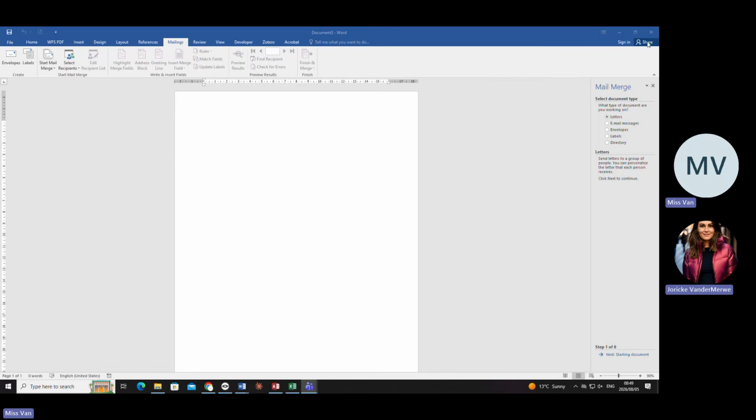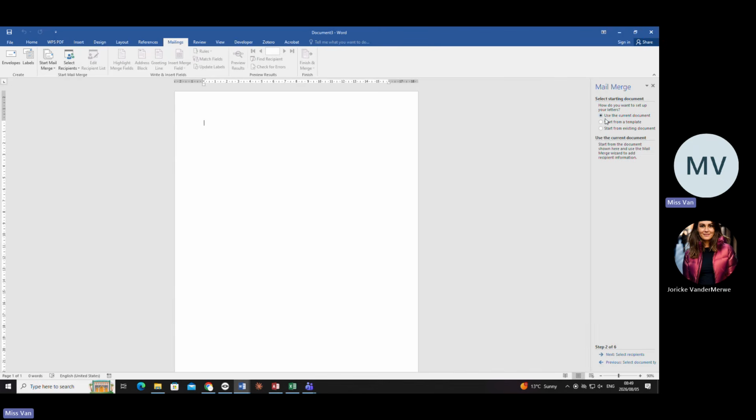Now I'm going to move through these steps. Let's go through the first step. This is letters. Later on in the curriculum, we also will do labels, and those are the two things that we are going to work with. You must read that we are doing an invitation letter. So are you all comfortable with using the default one there? I'm moving on to the next step, which is step 2 of 6.